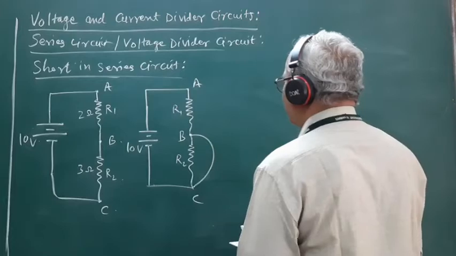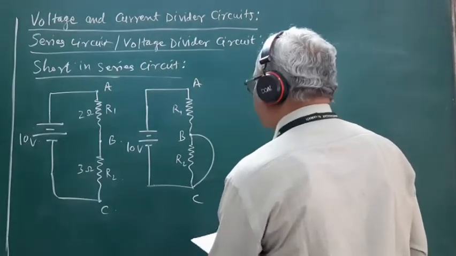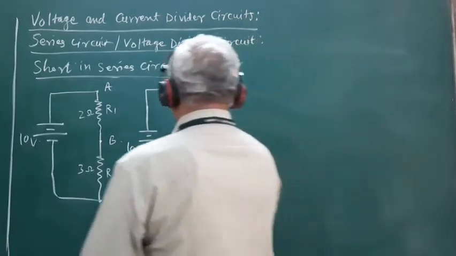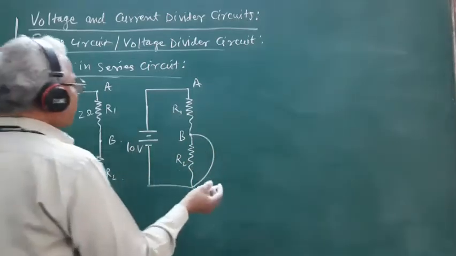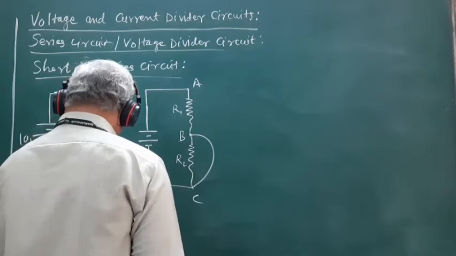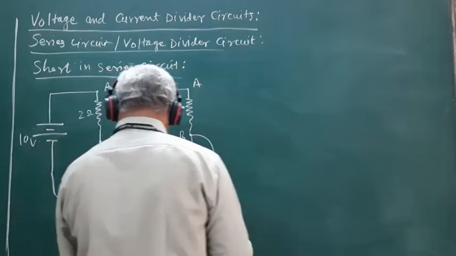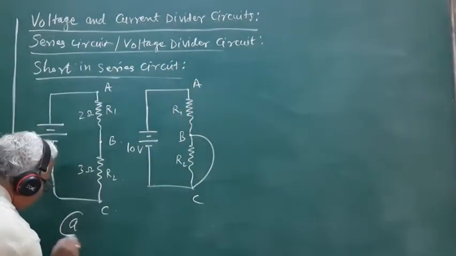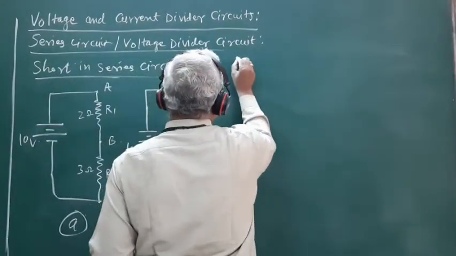That we can verify by calculating the powers in the circuit in the two different situations, before we put the short and after we put the short. Say P1 is the power in the circuit before we put the short across the resistance R2. So this is the figure A and this is the figure B. So in figure A,